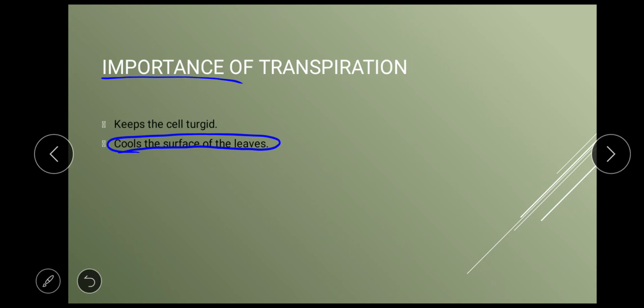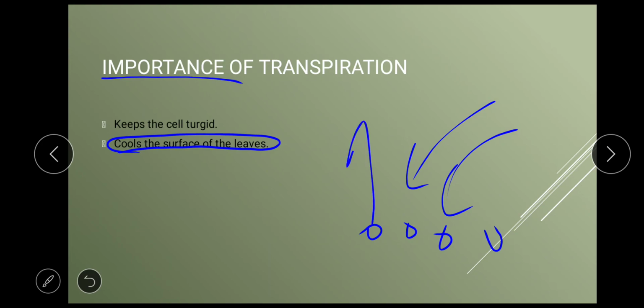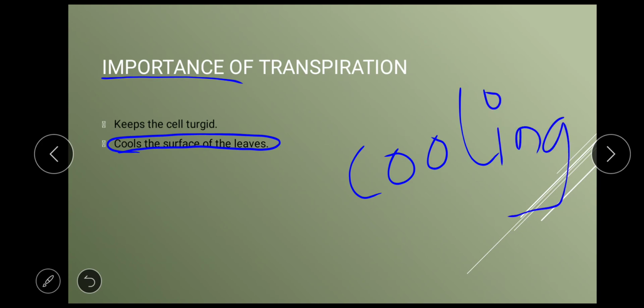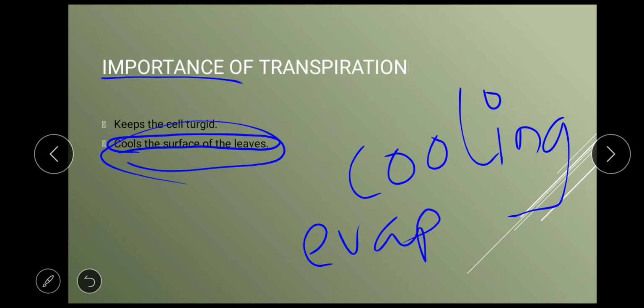As I told you in the previous video, if someone throws a few drops of water on you, when this water gets evaporated, you will have a cooling effect on your hand. Like I gave an example that when your body is wet, you have a cooling effect. So this cooling effect is because of evaporation. This cooling effect comes to plants also because of transpiration. Transpiration is nothing but evaporation.